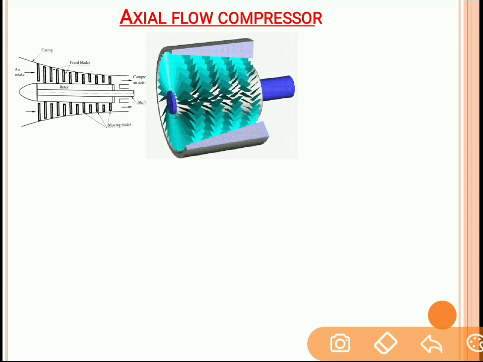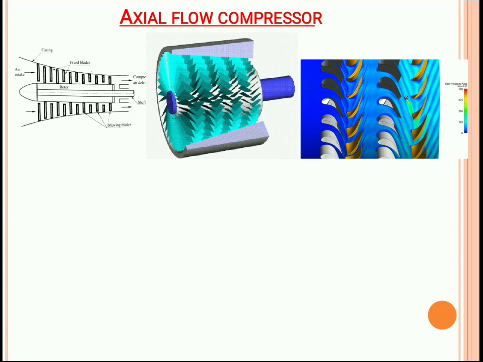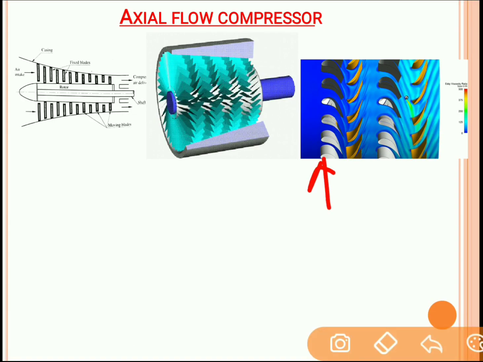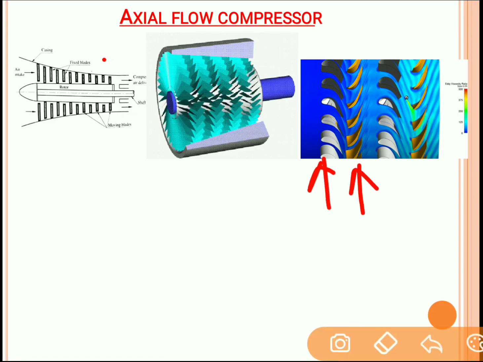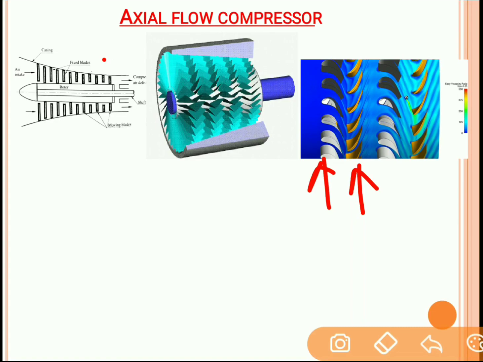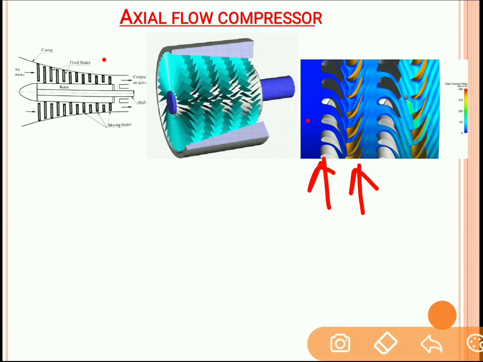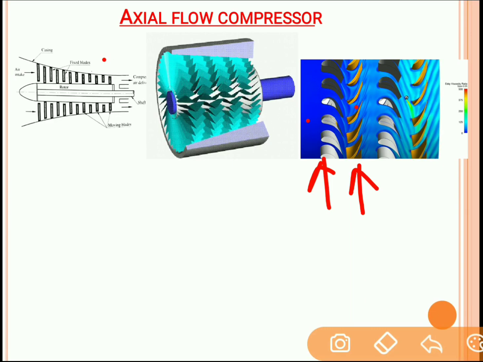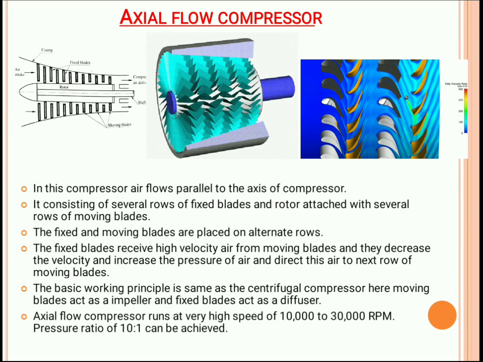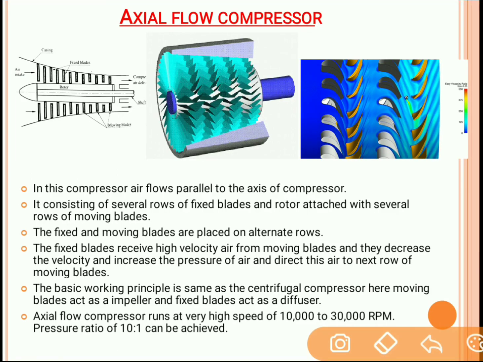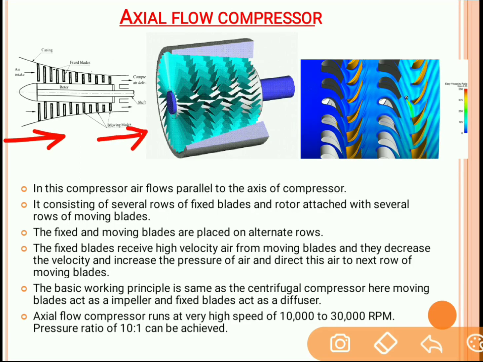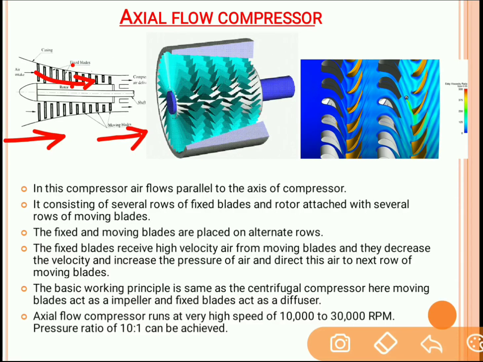Also this animation shows that one blade is stationary and one is rotating. Let us see the closer view over here. These are the fixed blades which are attached to the casing, and these are the rotary blades which are attached to the rotor. So air will enter into the fixed blade and then it will enter into the rotating blade. Again it will enter into the fixed blade and then into the rotating blades. Now what will happen because of this? As air moves from the inlet to the exit, the area between the rotor and the casing is gradually reducing. So as area gradually reduces, pressure increases.